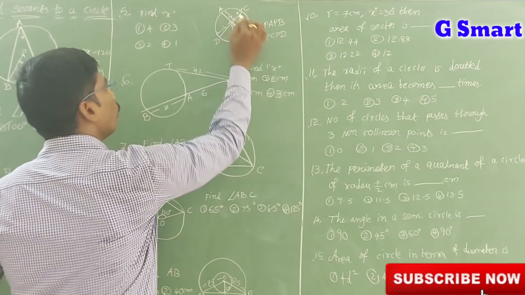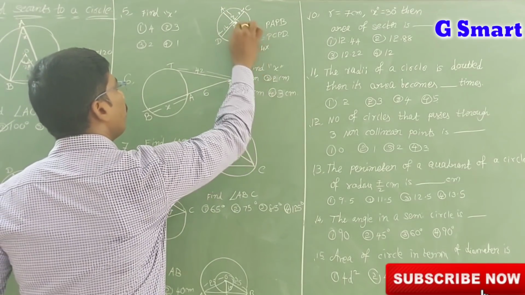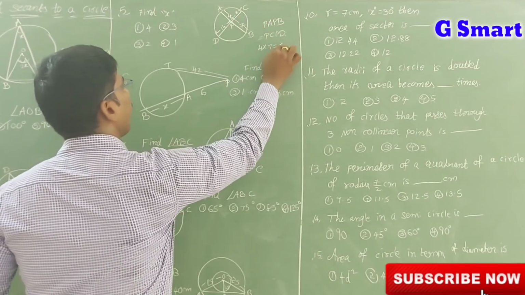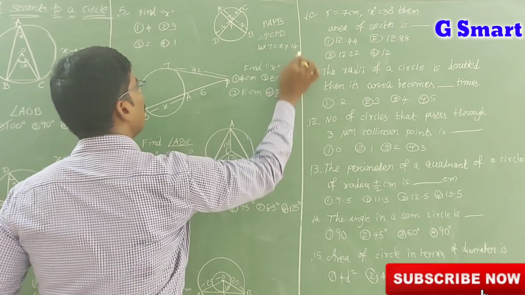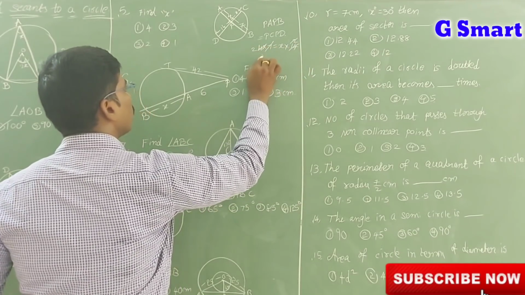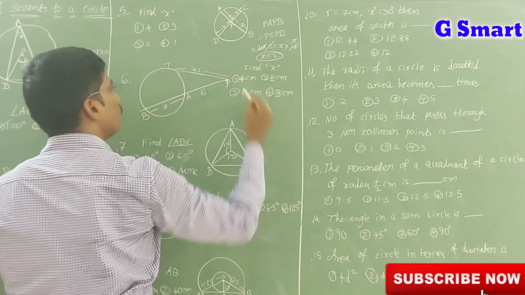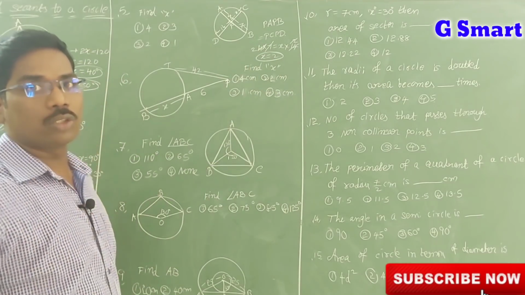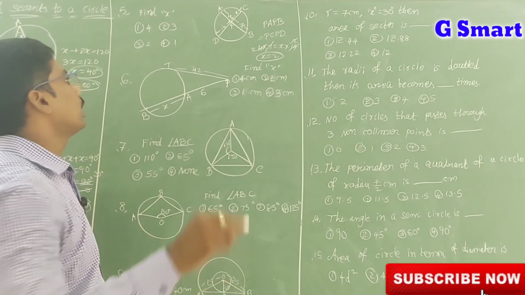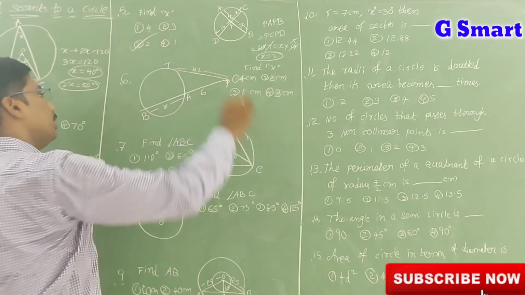So here PA is 4 into PB is 7, that is equal to PC, which is x, into PD, which is 14. Now 7 fours are 28 and 2 fourteens are 28. So x is equal to 2. You got the answer x is equal to 2, but you should not go to the second option. Where this 2 is there, that is how to think. That is option 3.